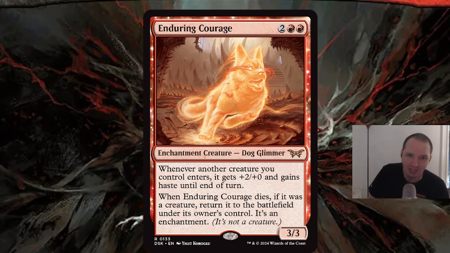So I don't think this is the type of thing that matters in Standard. But maybe you're getting Pest Controlled and Temporary Lockdown and you want to try a different style of red-white beatdown thing other than Convoke. I think you should just play Convoke because Convoke's kind of busted. But